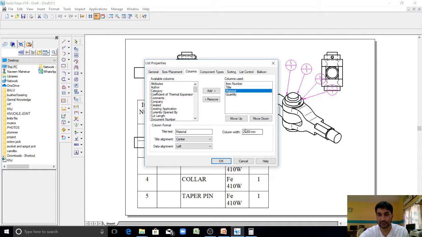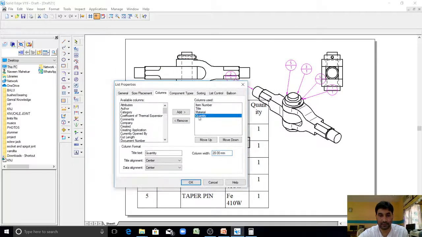Material, the length should be increased to 55. Quantity, I'll make it as QTY. Okay.